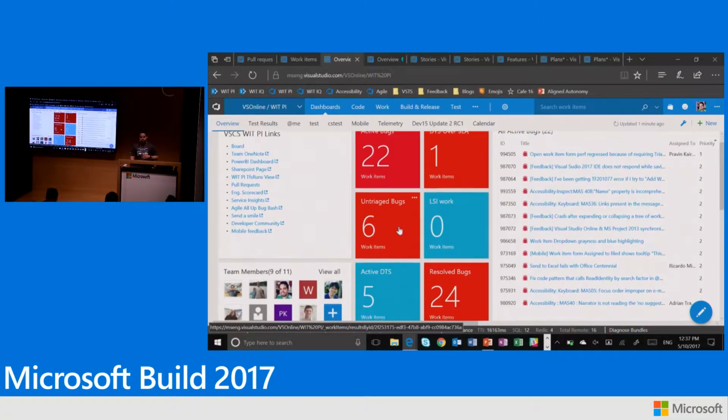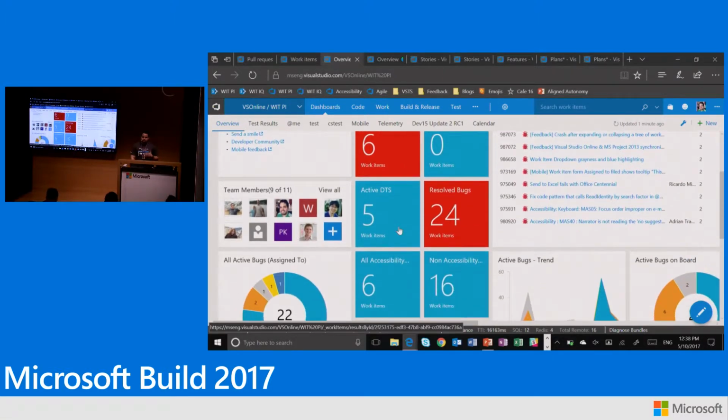Now, disclaimer, why are so many of these boxes red? Because they're above our baseline. Why are they above our baseline? Right now, in the product, we're doing a really aggressive push for accessibility. And that created a lot of bugs because before we didn't focus as much as we should have, and now we're just making sure that we go down, get to the baseline, and make sure we have a product that's